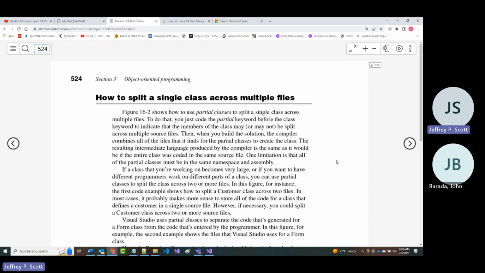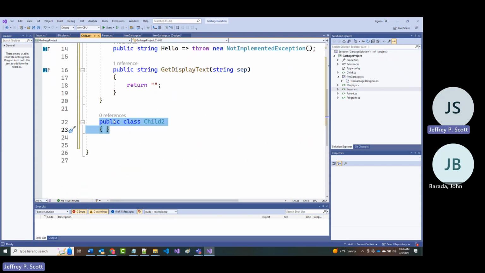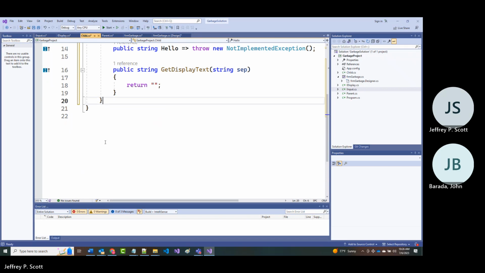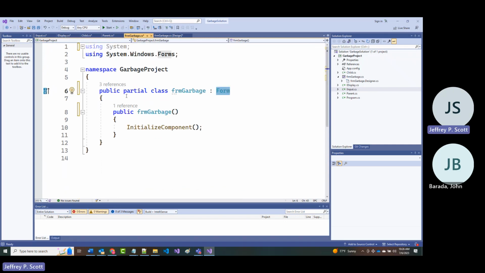All right. Now, this next section, starting here on page 524, it goes over some of the stuff that I've sort of mentioned earlier, and that is if I go up to here, let's get rid of this class because we don't need it. All right. But if you come up here and let's go to our FRM garbage. Remember this? Time to talk about that right now.